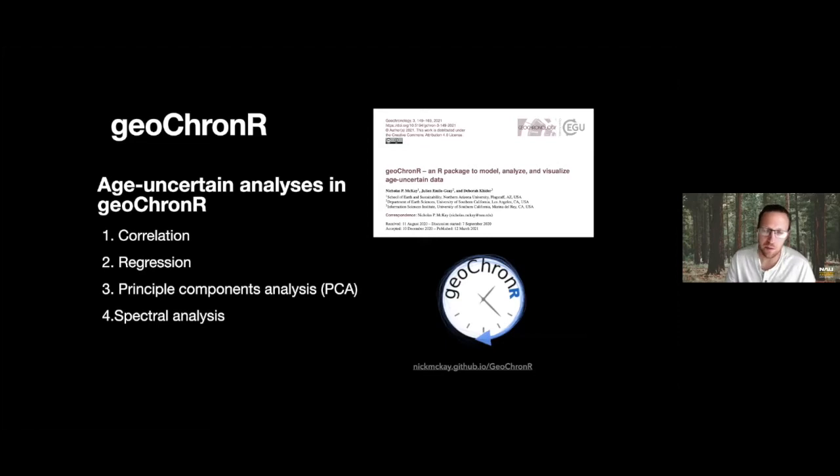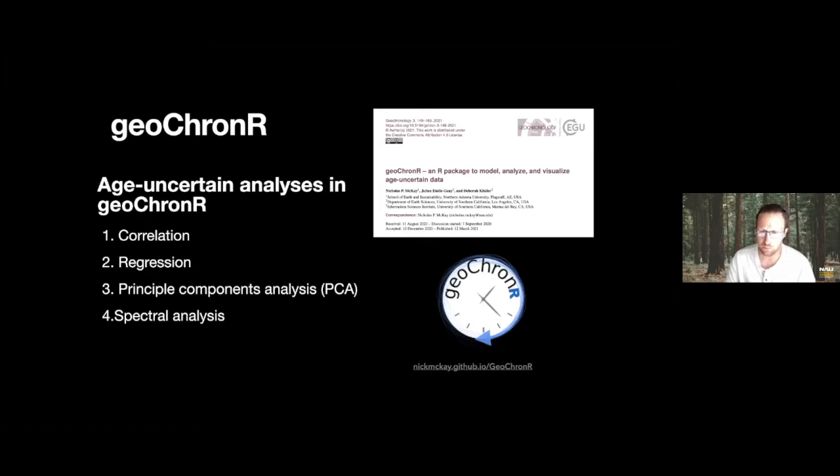You can run them, extract age model ensembles, and then propagate those age uncertainties through subsequent analyses. The ones that are built into geoChronR and work out of the box are these four: correlation, regression, principal components analysis, and spectral analysis. But it also has the low level tools, if you want to build custom analyses, so it's certainly easier than starting from scratch.